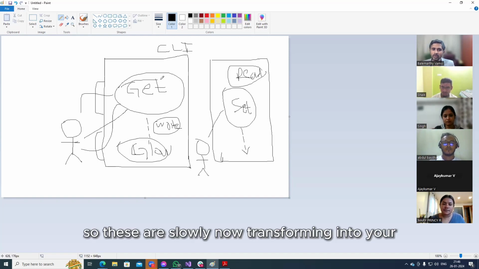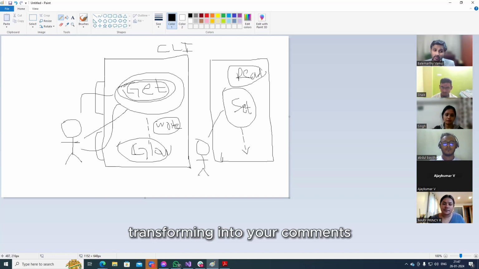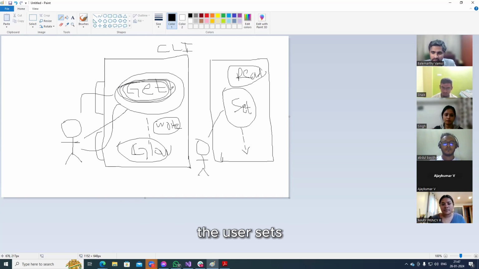So these are slowly transforming into your functions, your commands. When you are narrating this story, the user gets, the user sets, the user writes, the user reads. There is an action, right? There is a verb that is going on.